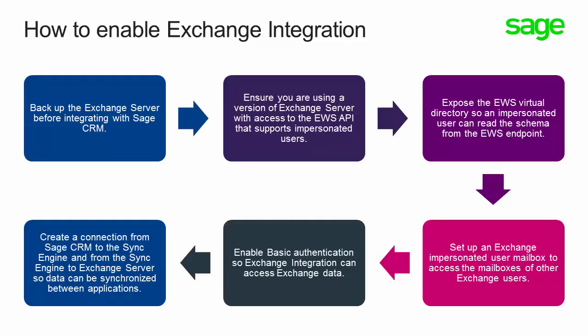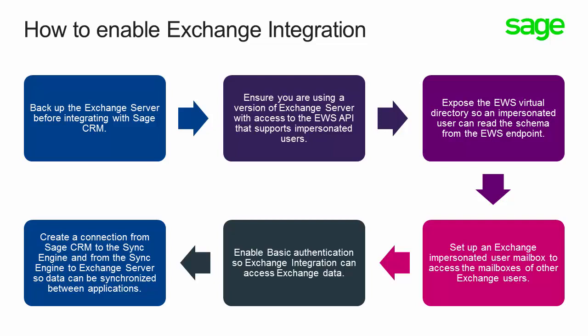There are a number of different basic steps that need to be followed in order to enable Exchange integration. Before we do anything, we should always make sure that we've backed up the Exchange server before attempting any of this. Then we need to make sure that we are using the correct Exchange server, which has access to the Exchange Web Services API, which in turn supports impersonated users. We need to be able to expose the Exchange Web Services virtual directory so that the impersonated user can read the schema from the Exchange Web Services